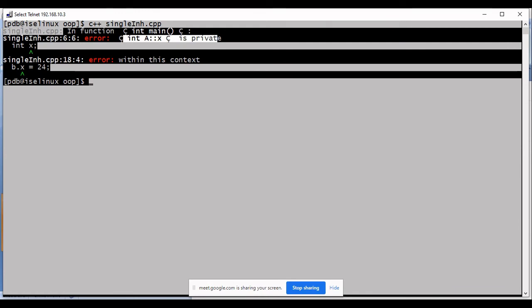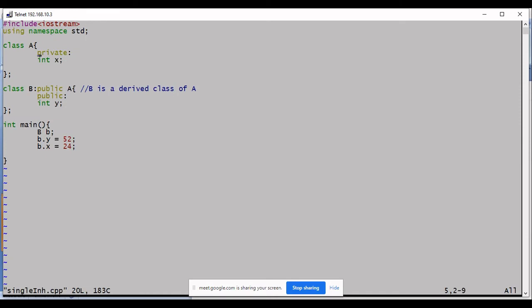This error message is self-explanatory. It says X defined in the scope of A is private. So if you try to access it using object of B, it leads to error. Why is that so? I am a child class, I am a derived class. So don't I have the right to access private data?